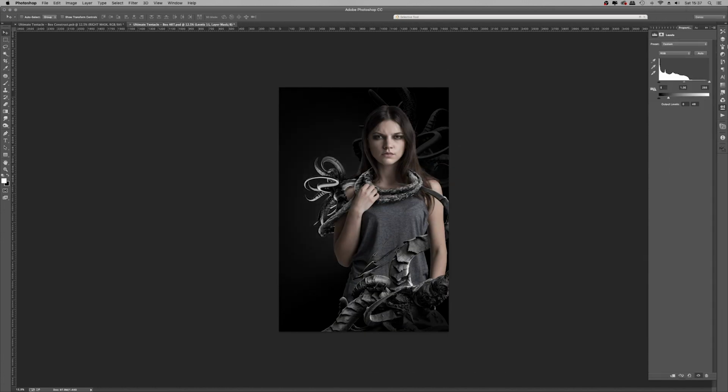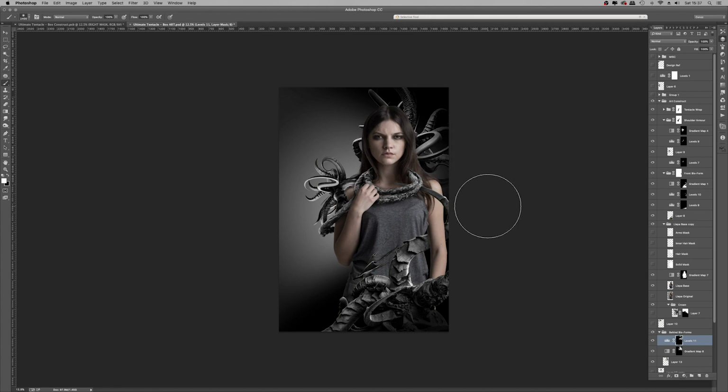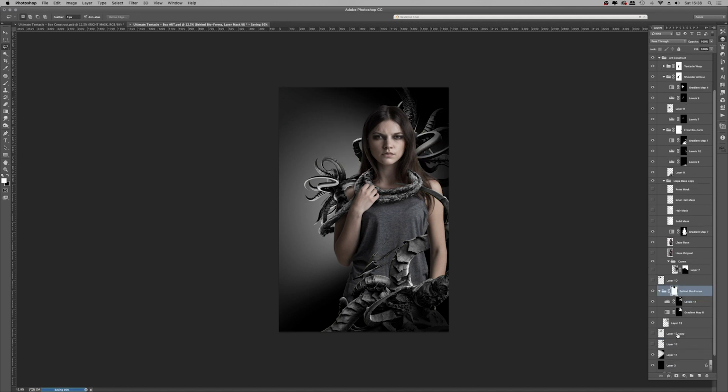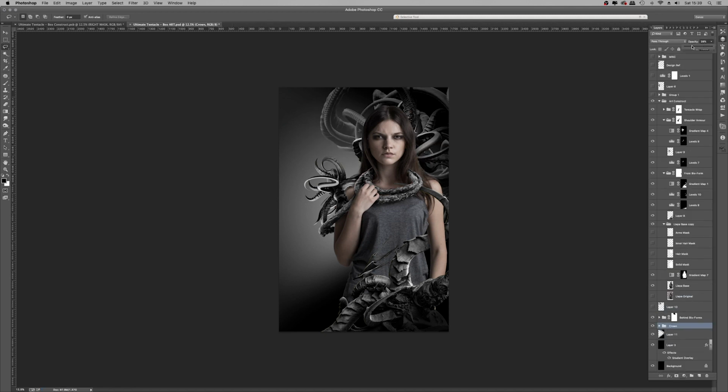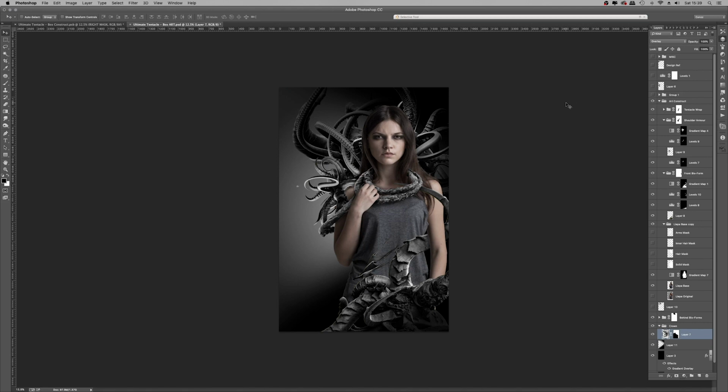So more CG bioform elements, creating selections, adding shadows with levels adjustment layers. And here we can see the composite slowly being built up.